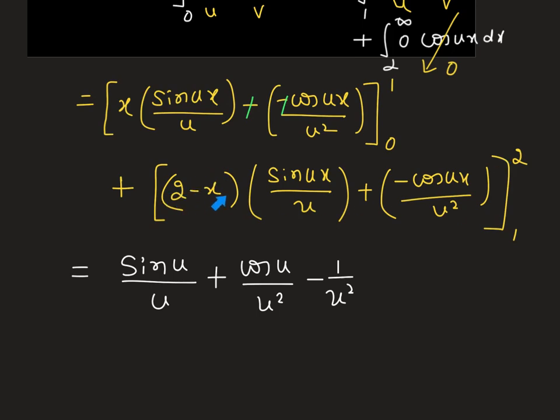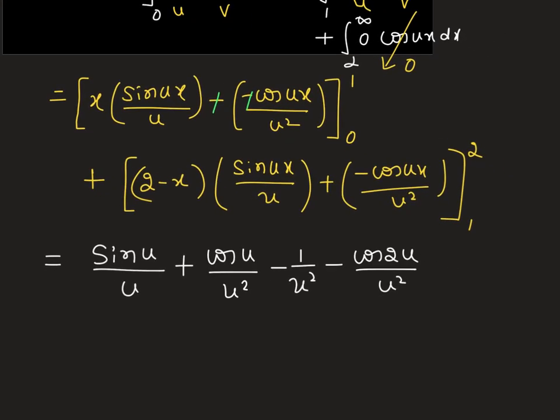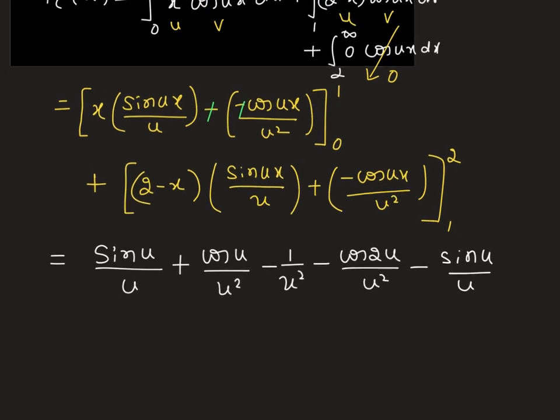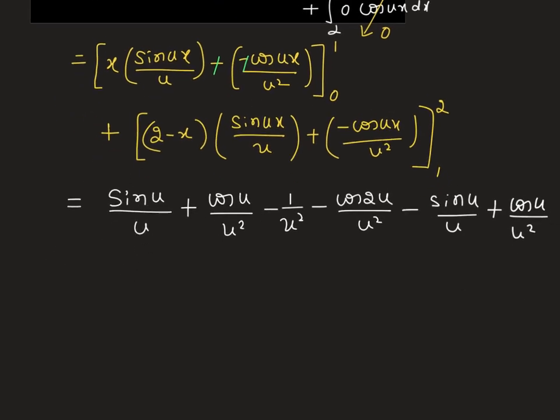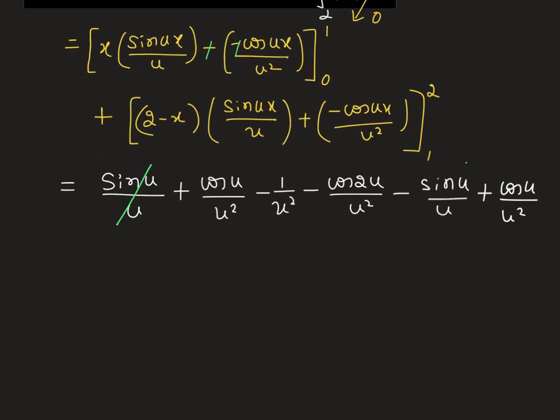X is 2, so 2 minus 2, this becomes 0. Next we apply here x is 2, we get minus cos 2u by u square. Now we apply the lower limit, x is 1 to this term, so 2 minus 1, 1, so 1, and I am applying lower limit, I take minus 1 sin u divided by u. Next I am applying lower limit to the second term, there is already a minus, so therefore we take plus cos u by u square. Now what we get, so we have sin u by u minus sin u by u